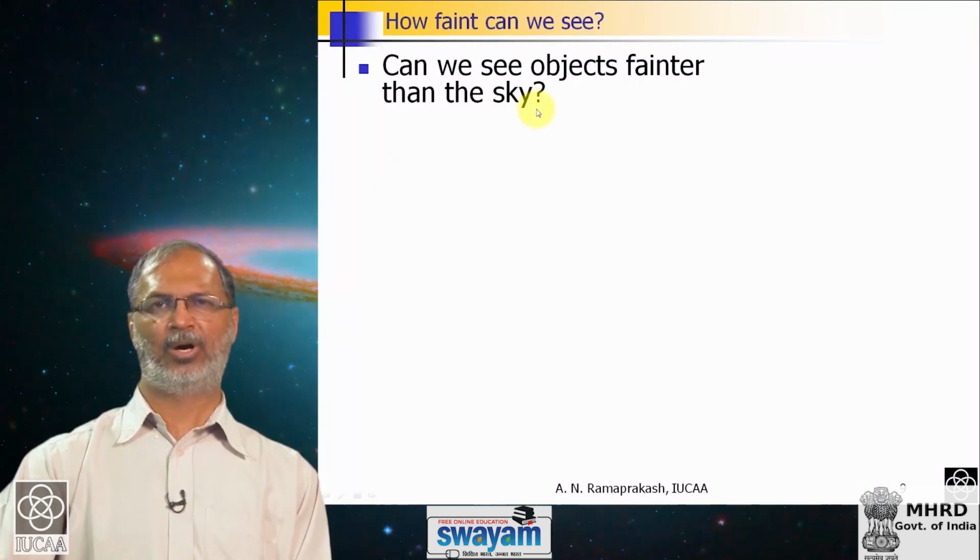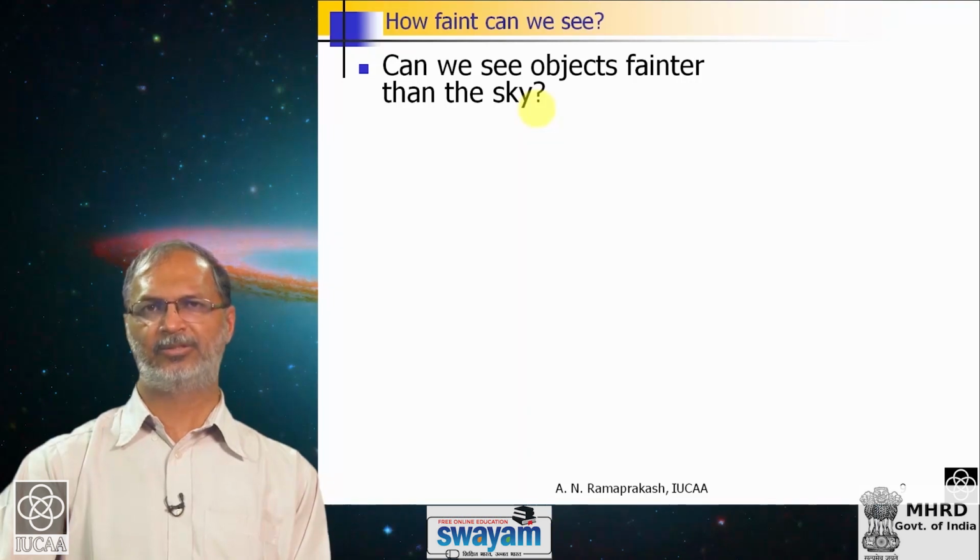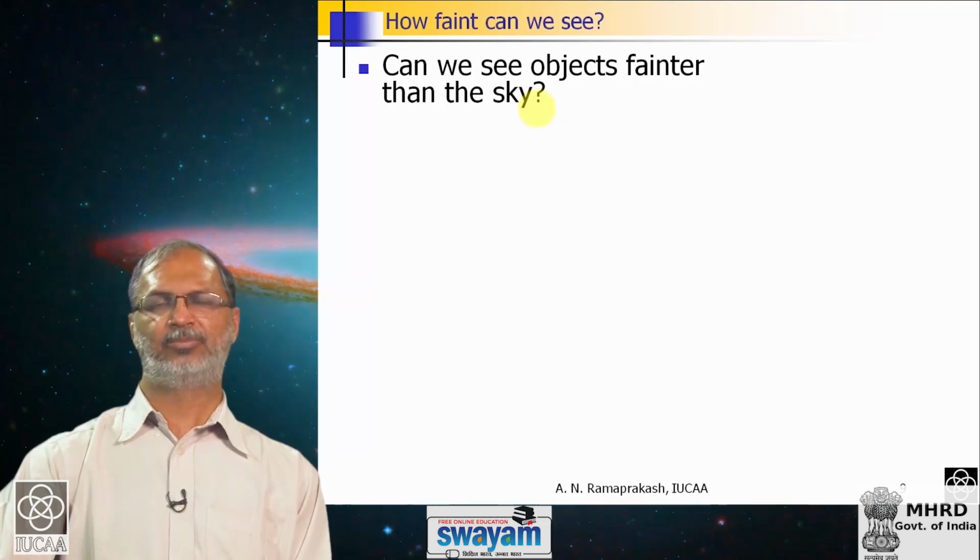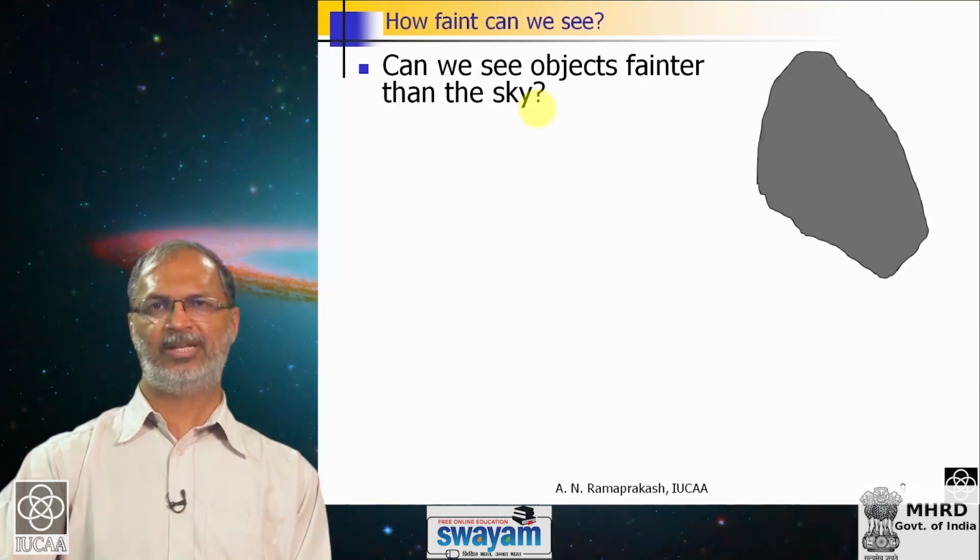For example, if you go out in the daytime and look at the sky, you do not see any stars, because the sky is so bright, it produces light which is much brighter than the light produced by typical stars, and you do not see stars in the sky. Now, is this a